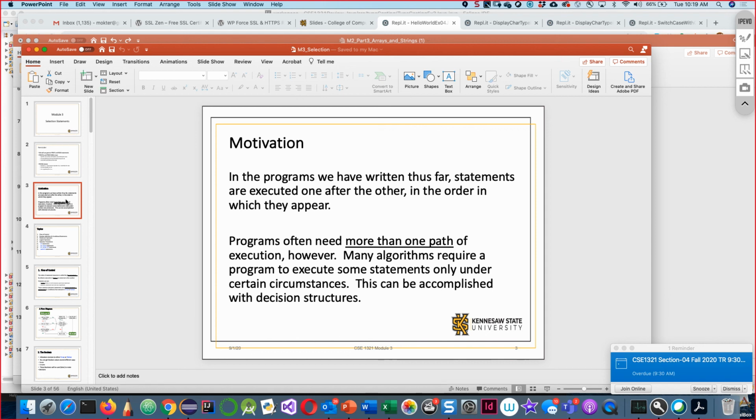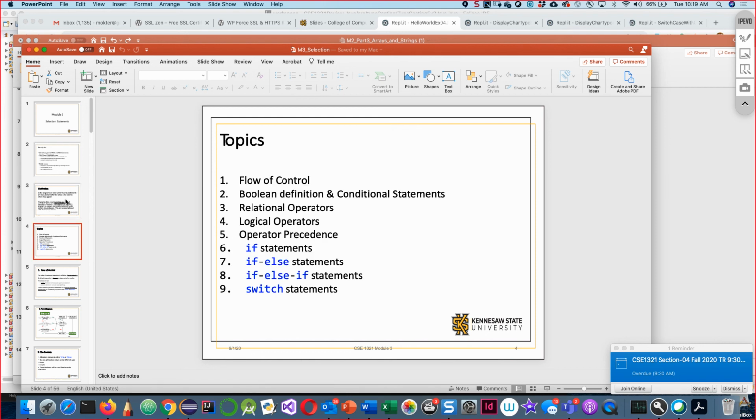Okay, so that means if we want to skip some statement or jump from one place to another place, or if we decide whether we will execute a statement or not, then that is called selection. There is another thing also, repetition. Sometimes we will need to execute a statement multiple times. That is called repetition. We will discuss that in our next module. But this is the foundation for